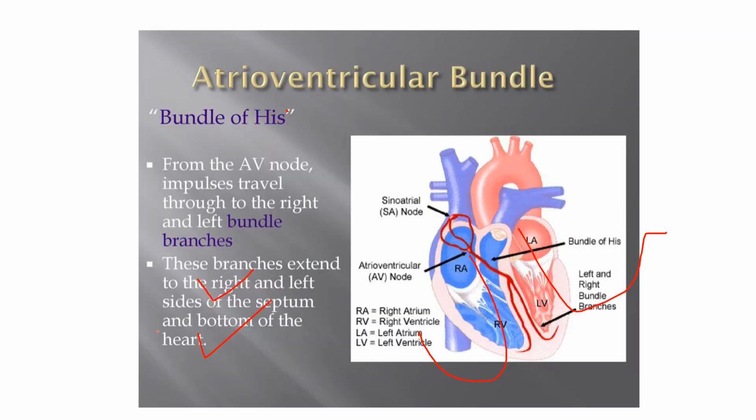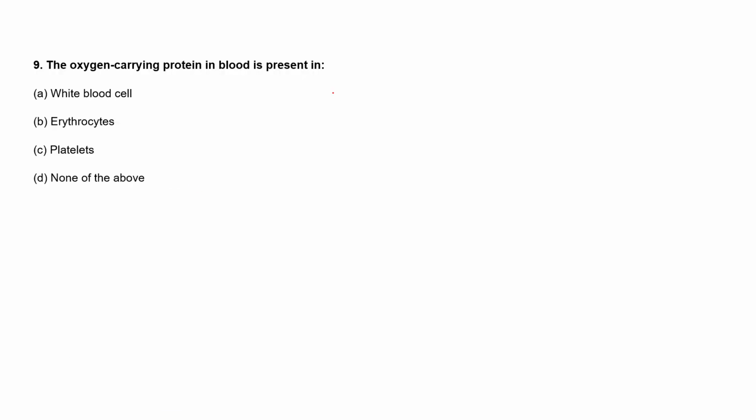Also, regarding the previous question, I want to add that we know the natural pacemaker is the SA node, but what if the AV node is not functional at all? Then the heart will not function properly. There will be disorders, that is, cardiac arrhythmias, in which the heartbeat either becomes very slow, which we call bradycardia, or very rapid, which we call tachycardia. So there is a role for the AV node. The heart can't function without the AV node either, right?